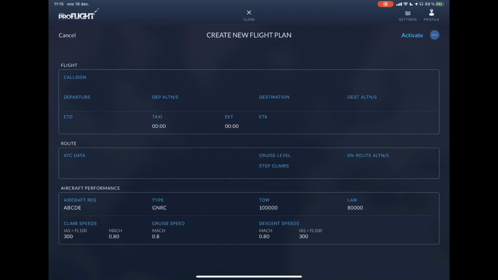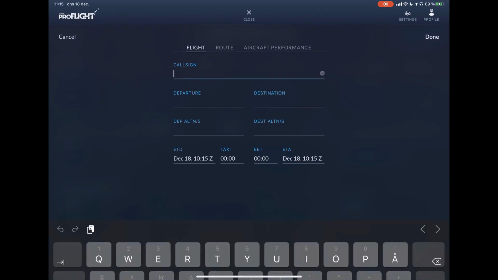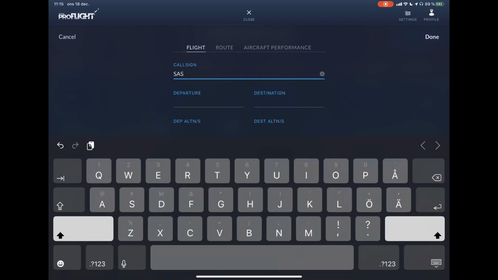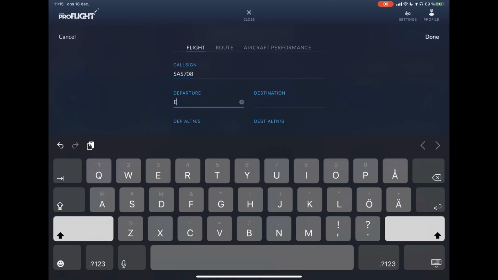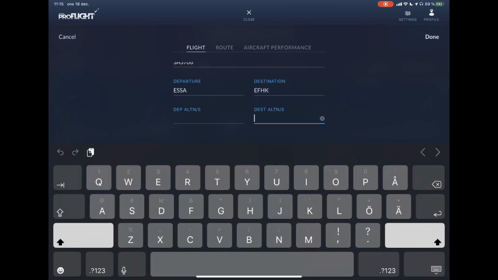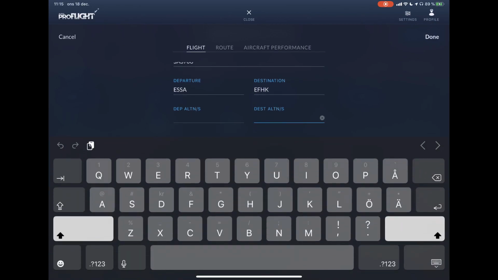And we start with the flight information, call sign, Scandinavian Airlines 708, in this case. Departure from Arlanda, destination Helsinki, destination alternate Turku,